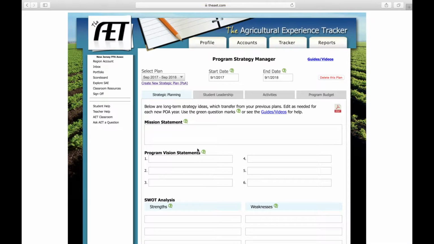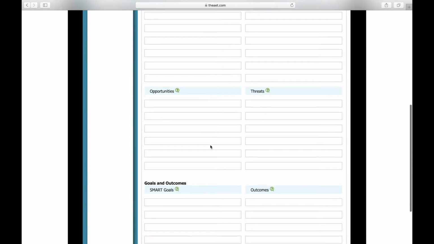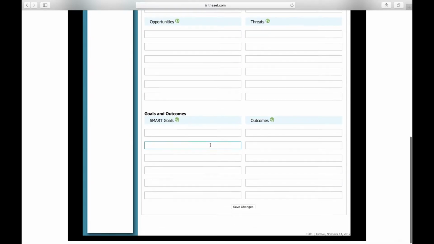At this point, you'll see a screen that looks something like this. And if you've already created a program of activities on the AET for this year, this is what your screen would have automatically looked like when you clicked Tracker and then the C4 button, and it would have brought you to this. On this first page, while we don't necessarily have to focus on it too much for the purposes